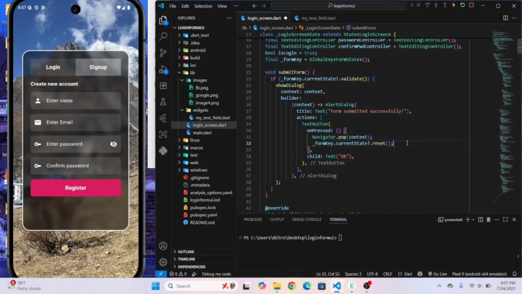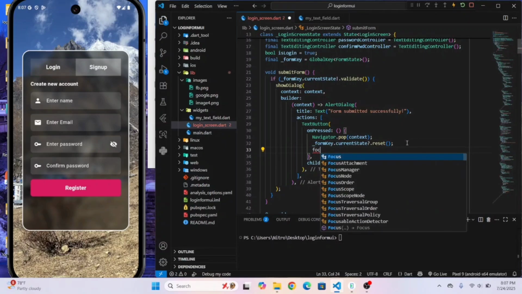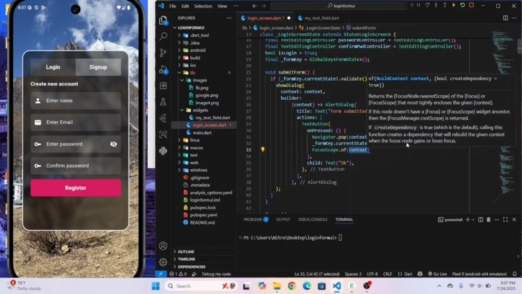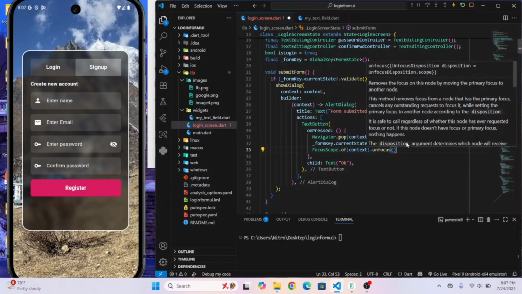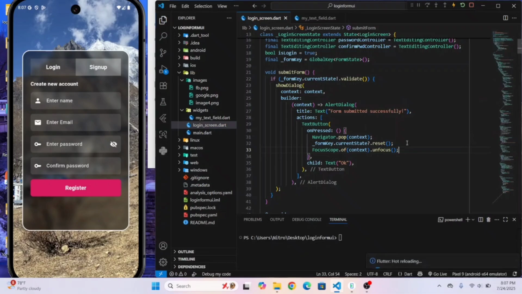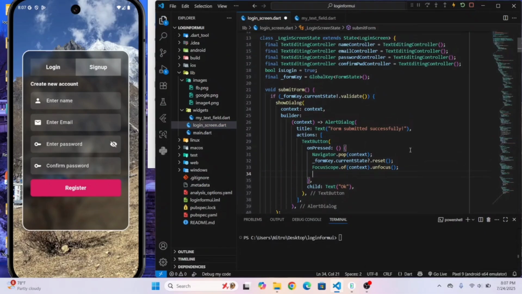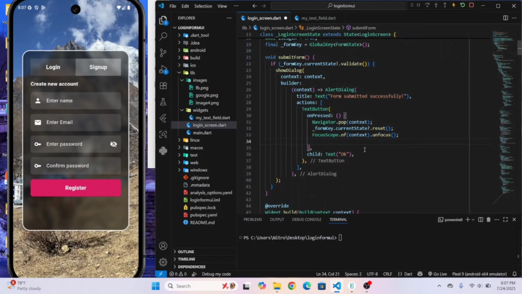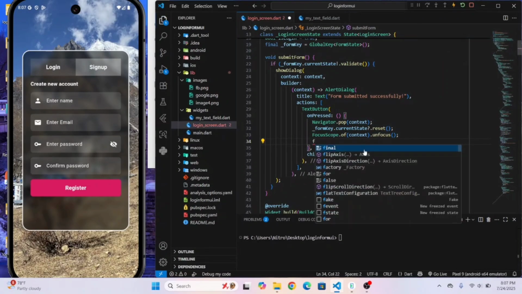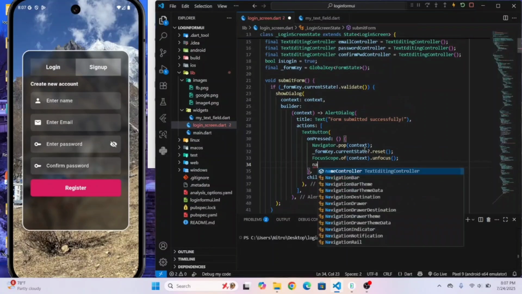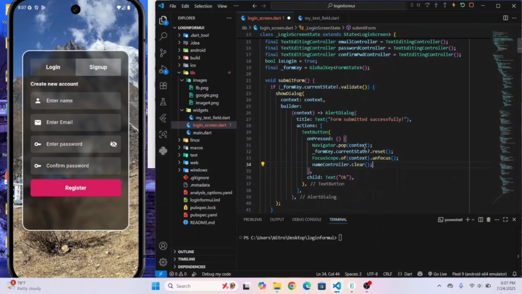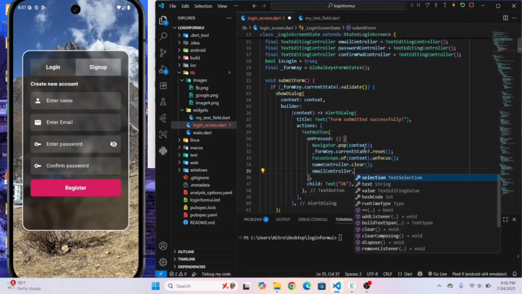Also write focus scope dot of context dot unfocus here, and let's clear up the input text also from the form. Make the name controller dot clear, email controller dot clear,